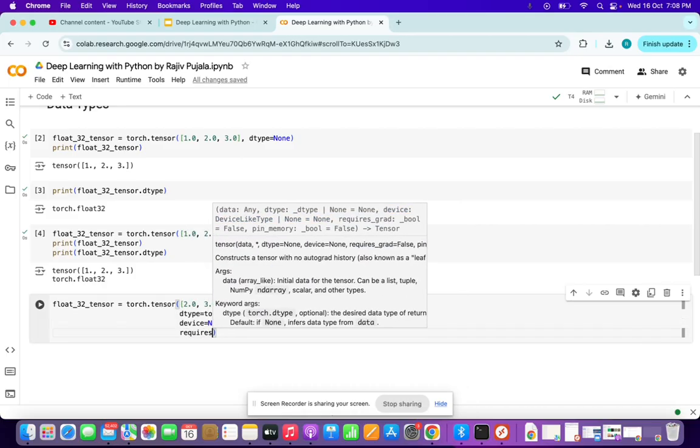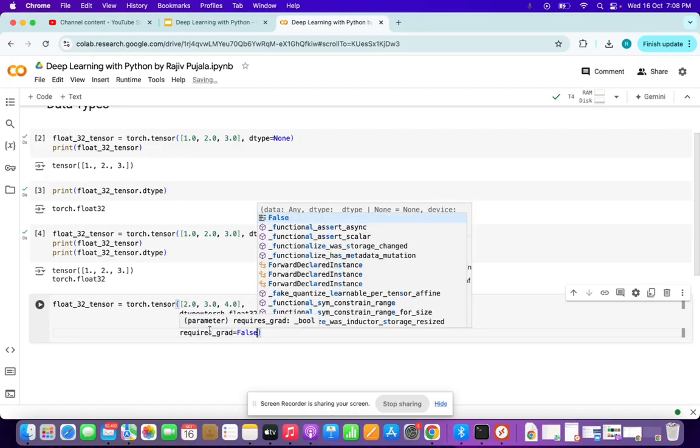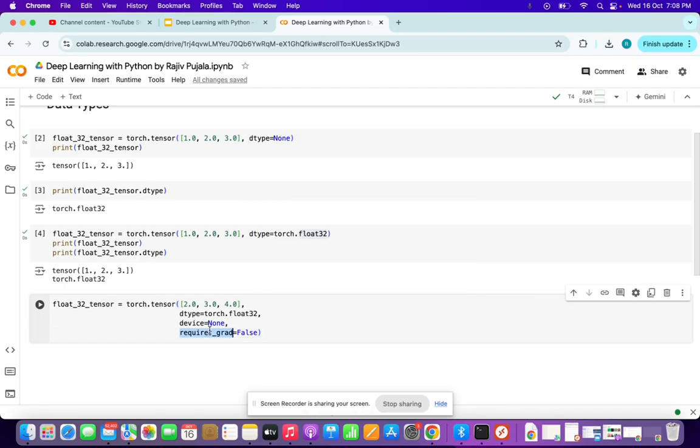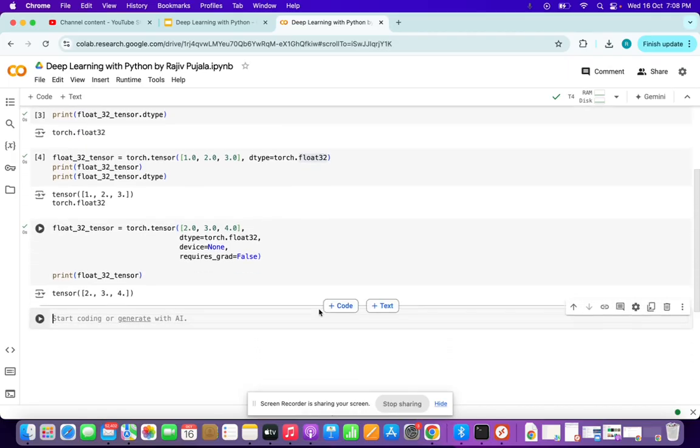Then requires_grad is equal to False. I'm keeping this as False, but this is something that I will cover in a future video. Basically, whenever we are training the model, we turn requires_grad on, and whenever we are going with the backward propagation, we wanted this to be false, and whenever we are doing the forward propagation, this should be true. Anyway, we're not training the model, it's just a variable, so I'm giving this as False. So print this one. You can see it's 1.0, 2.0, 3.0, 4.0, and if you want to know the data type,